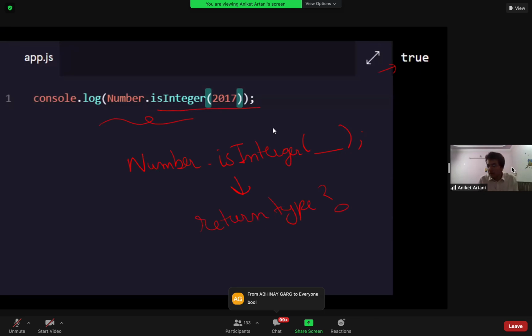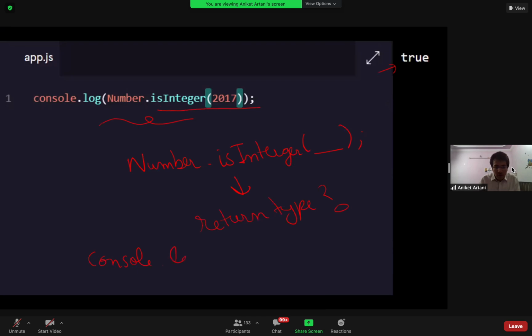Everyone is responding in the chat box. Yes, correct. Its return type is Boolean, because here it is returning the value true. A Boolean returns only true or false.